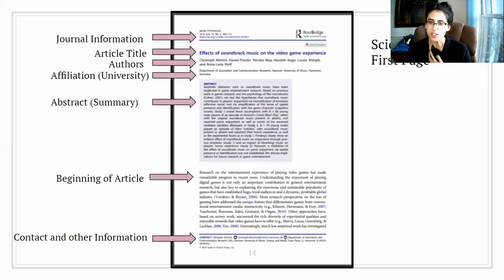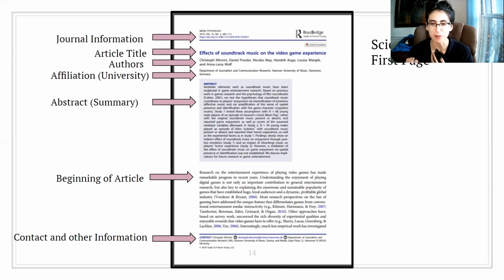So I want to show you the first page of a scientific article. So I've got my article here, The Effects of Soundtrack Music on the Video Game Experience. Remember, scientific articles are often looking at the effects of one thing on something else. So the front page, they're all going to look very similar to this. It's going to have journal information, your title, your authors, the university your authors are affiliated with, that abstract that is going to give the entire summary of the article from beginning to end, and it's going to fully spoil